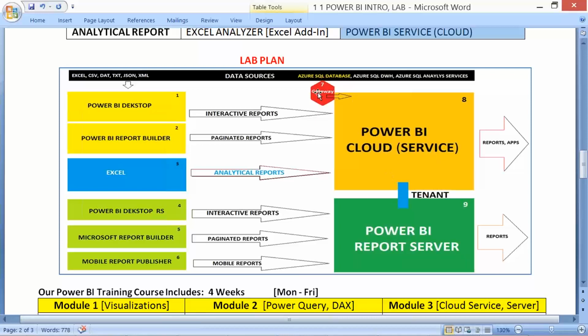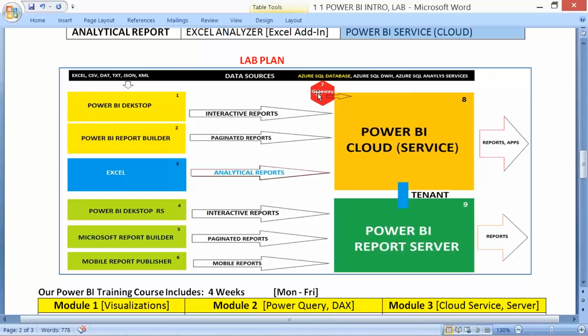There is something called gateway, which is mainly for data refresh. If any data changes at the source, the black box on the screen, the same activity has to be broadcasted, published, refreshed to the cloud. The bridge between data source and cloud is the data gateway.